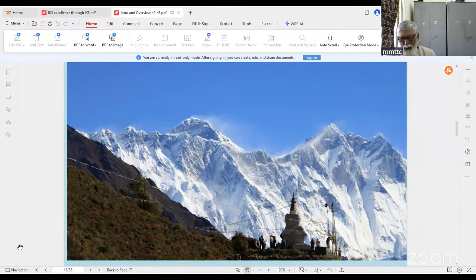You see, can you find something more beautiful than this? This is just before the base camp of Everest. Such beautiful things. So when you find exceedingly beautiful things around you, your mind is at peace and you have a very gentle outlook.